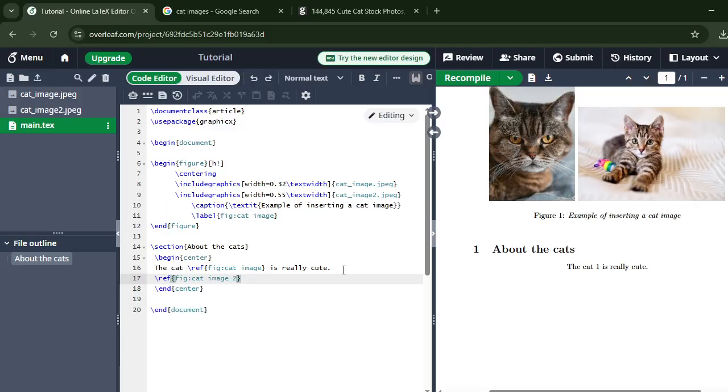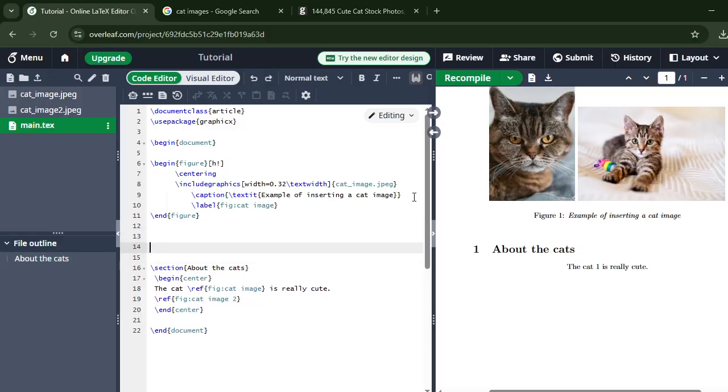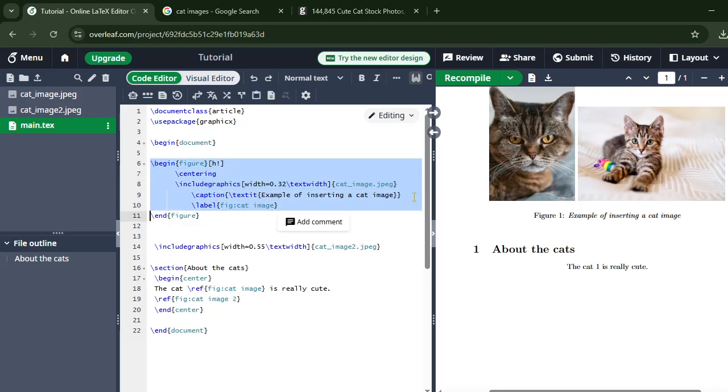If you put, let's say, this one is cat image 2. Yeah, so you take this, you get this one, you write about this, control C,